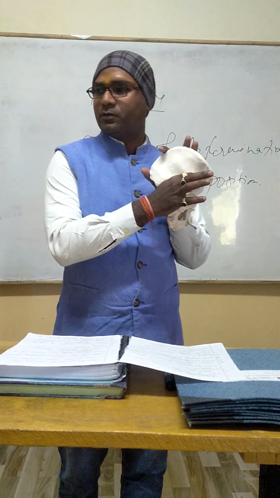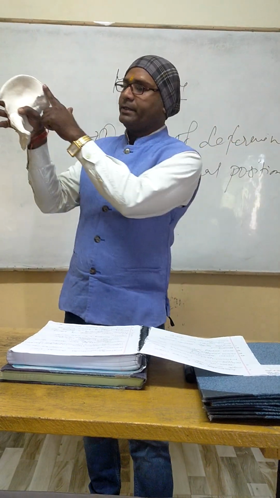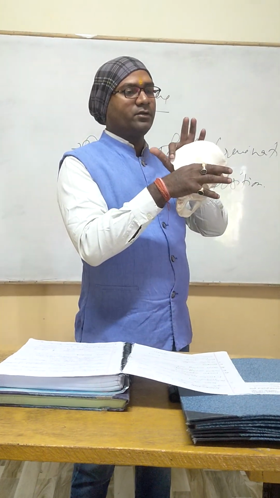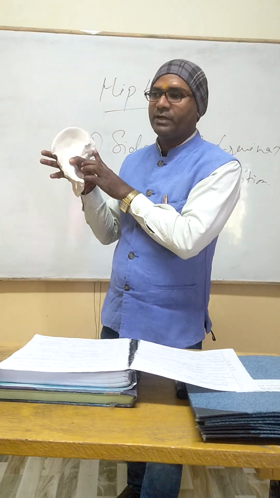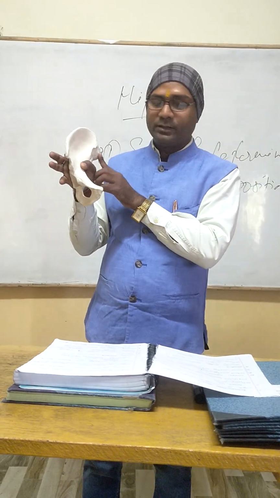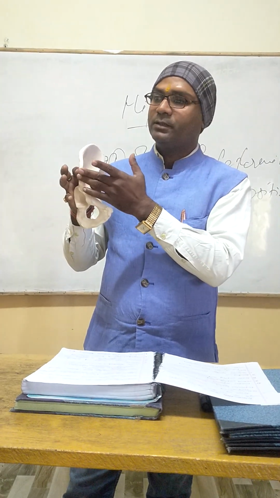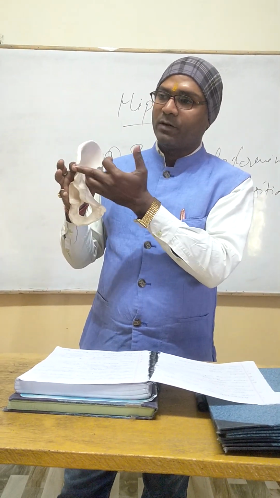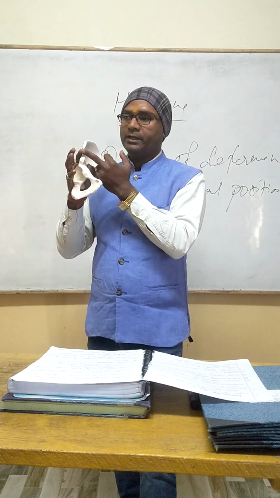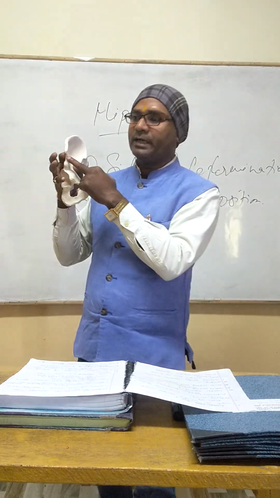Now we'll talk about the dorsal segment. In the dorsal segment, we have the outer sloping surface and inner sloping surface. On the outer sloping surface we have the origin of gluteus maximus, and on the inner sloping surface we have erector spinae. Okay. Now we'll talk about the border. The anterior superior spine is forming the anterior border, and on the upper side